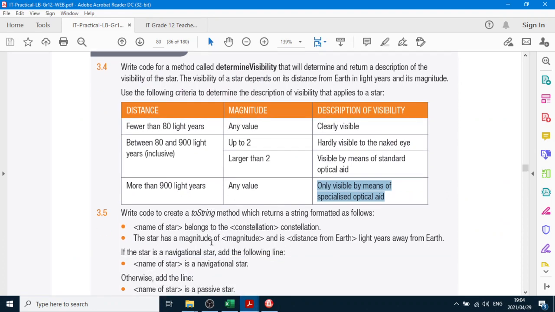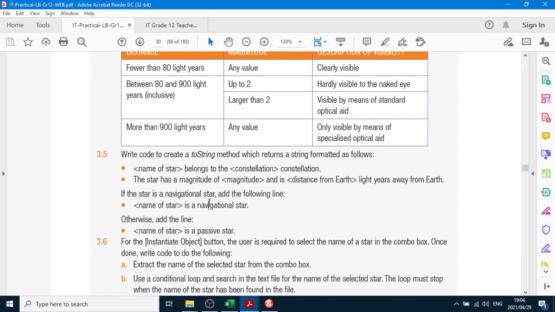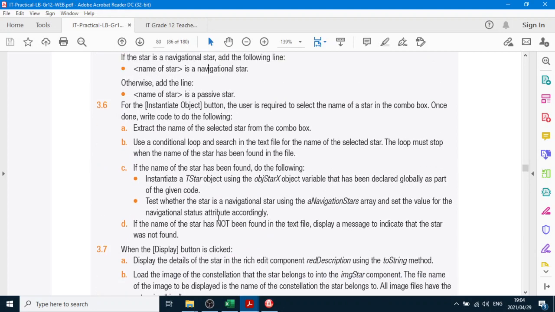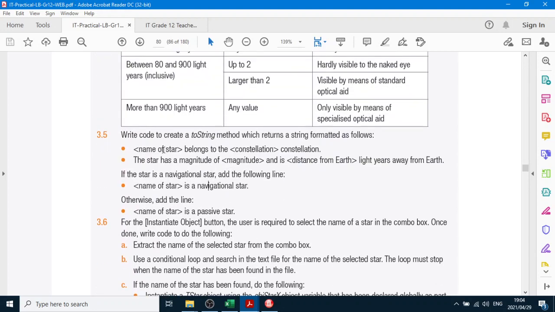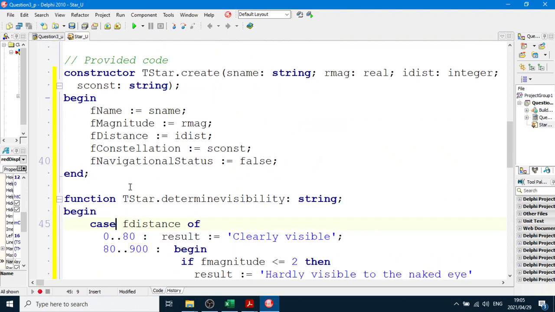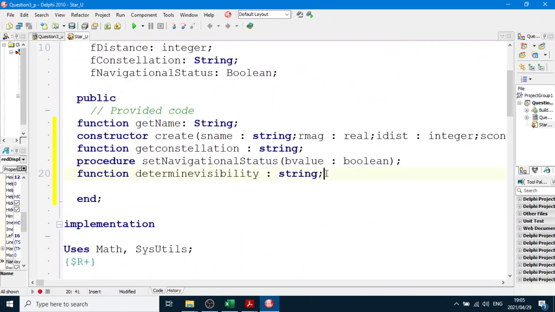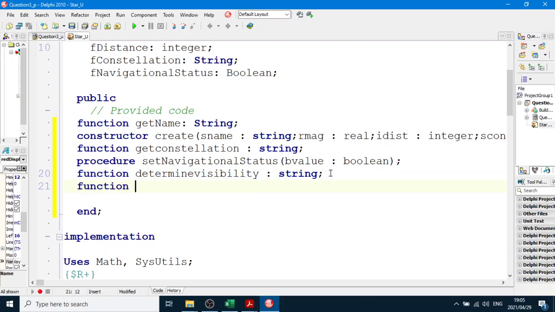Then the next one, write code in the toString method, and we're going to have a format. This is the format of the toString method. And in this toString method we're going to have some options here. The toString method, we're going to go right up to our methods over here, our headers, and say function. You must always know that toString is a function and it returns a string. Okay, so there's our function, highlighted, Control-Shift-C,